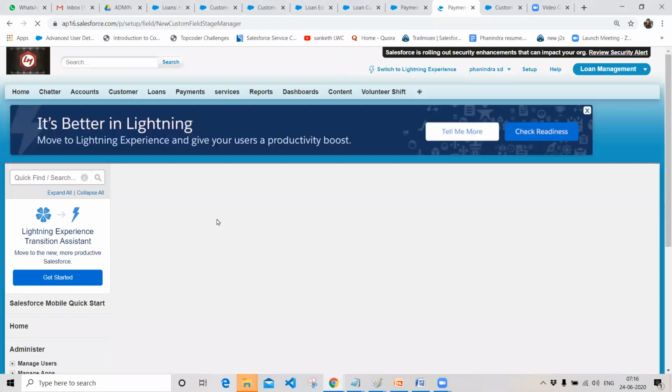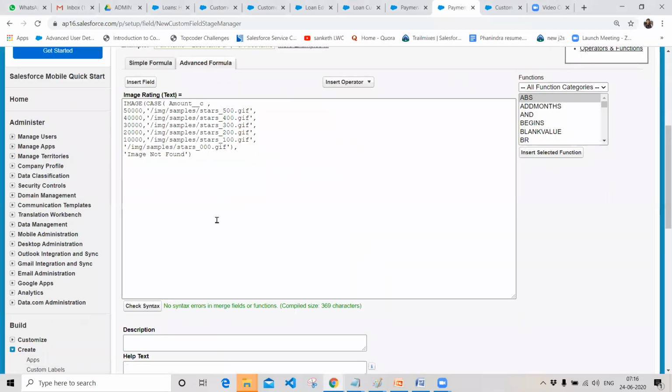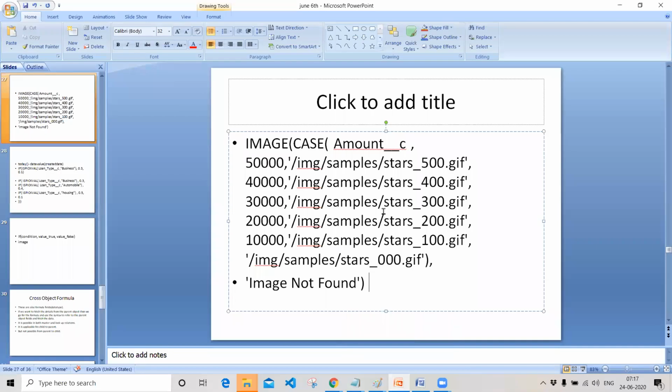So guys, are you able to follow what this image is and what syntax we are going with? If you have any queries in this, yes, tell me. Ashok, right? Yeah.